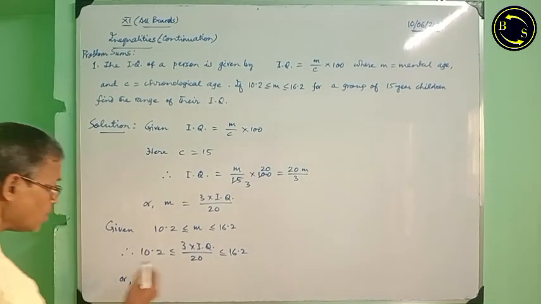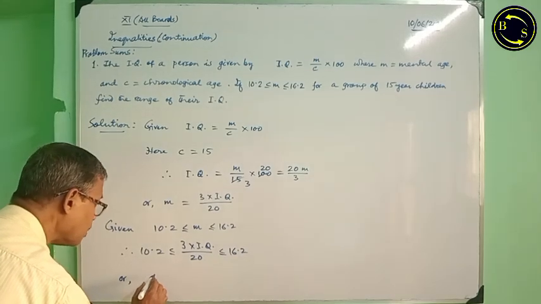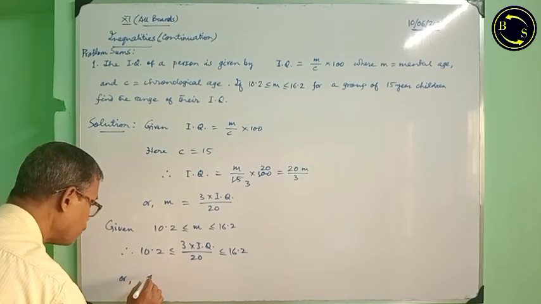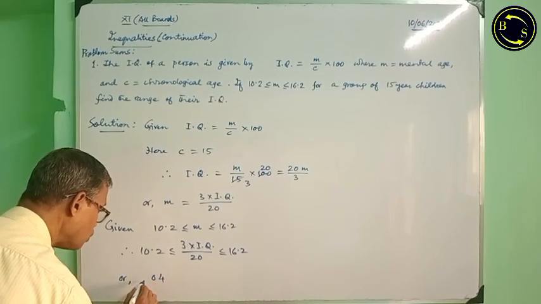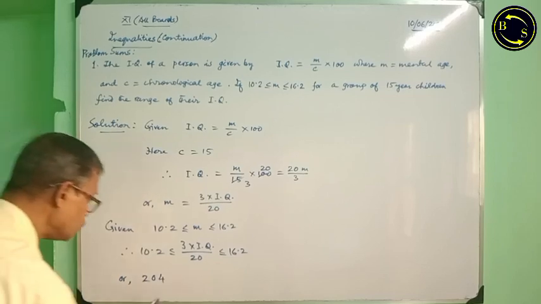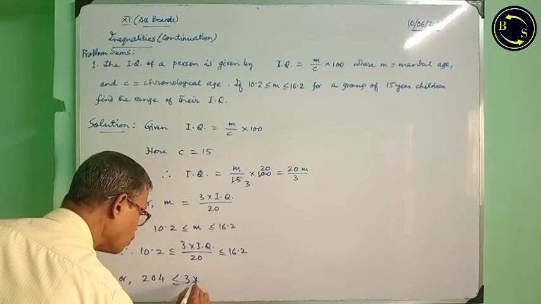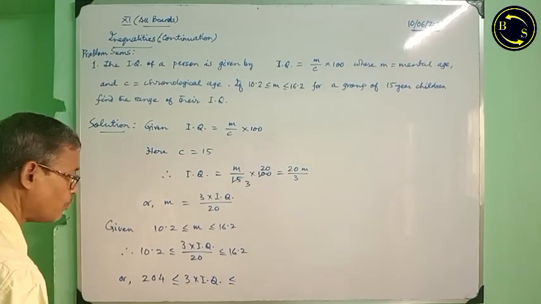Now we simplify few steps. 20 on multiplication it will be 4 0 2, 3 into IQ into